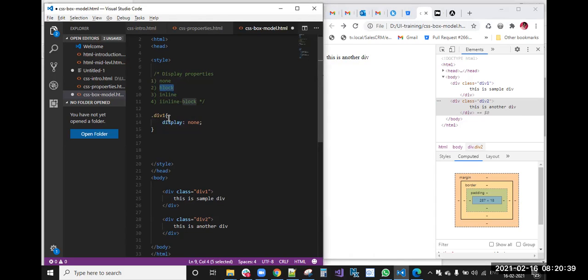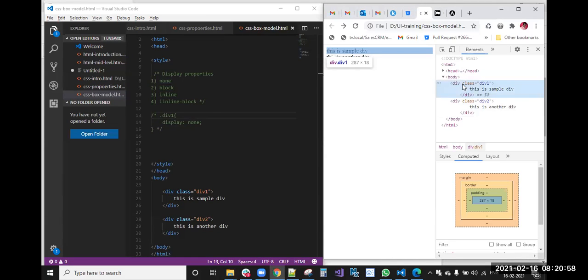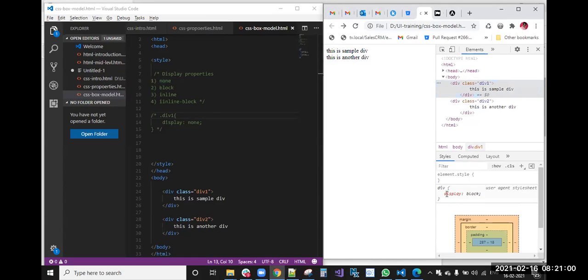If you are not applying it, it will take display block as the default. So what I'm doing, display none. I didn't apply any CSS for that. Now you can see the div is display block, because every div has the default display block property.